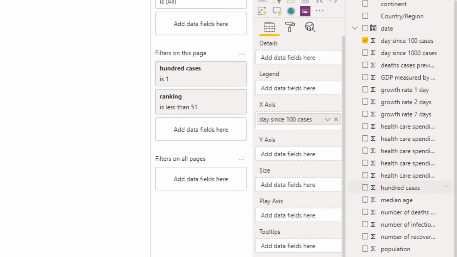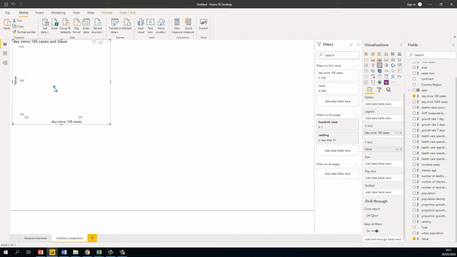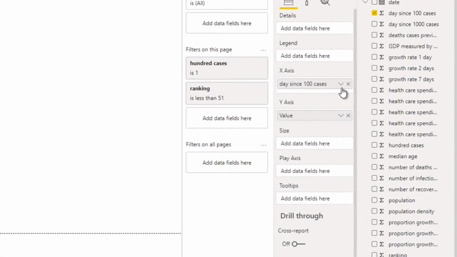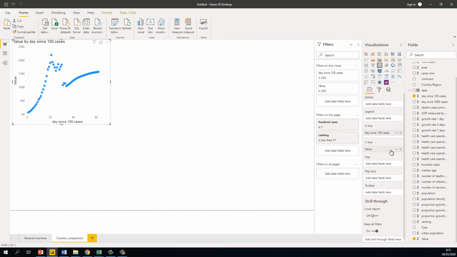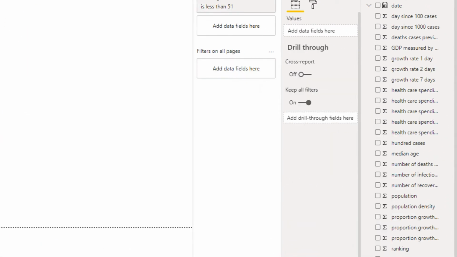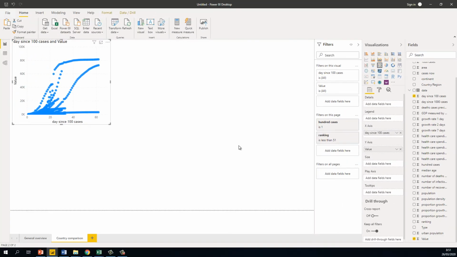And on your y-axis, let's plot the value. Okay. Again, we see that only 1 dot is plotted. This is because Power BI automatically assumes we want to summarize. We don't want that. We want to display all the days since 100 cases. And similarly, this is also not correct. We don't want to sum all the values on a specific day for all the countries. No, don't summarize. We want it to be that 1 dot represents 1 day in one specific country since 100